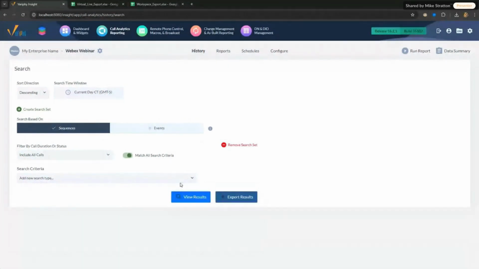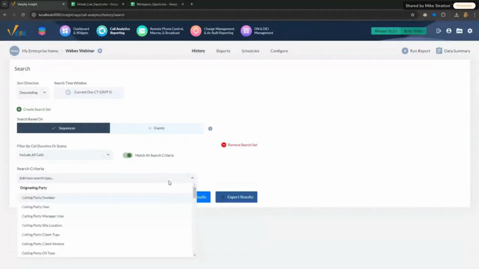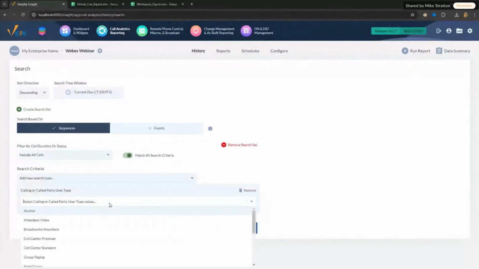One, you can look up with the number, but the easiest way would be to search using the user type. User type gives you, search for calling or called party user type. User type really is a great field, especially when troubleshooting or when you're looking at cradle to grave data. It tells you what the number is attached to, like what the device is. So whether the call is coming from a hunt group, going to a hunt group, call queue, auto attendant,